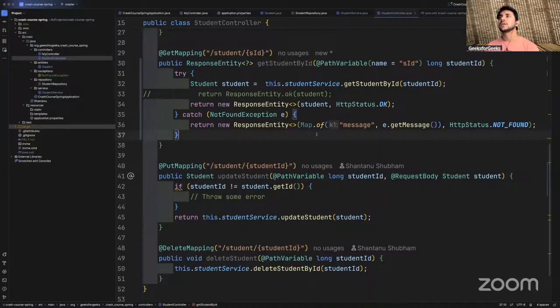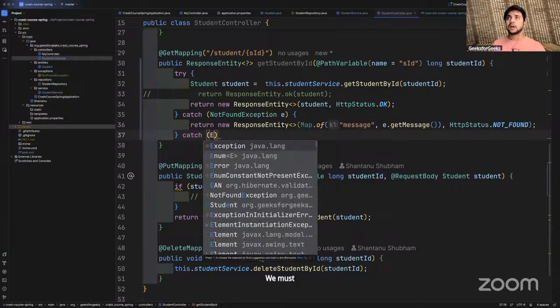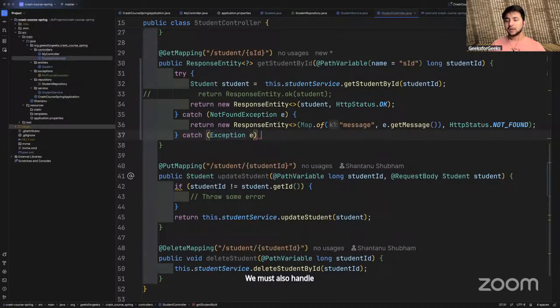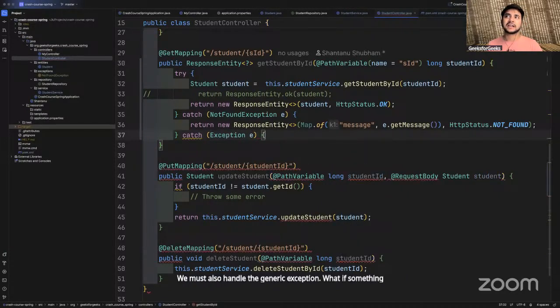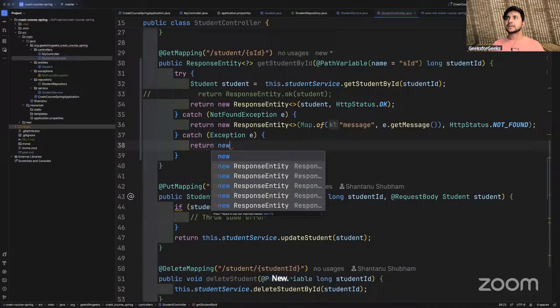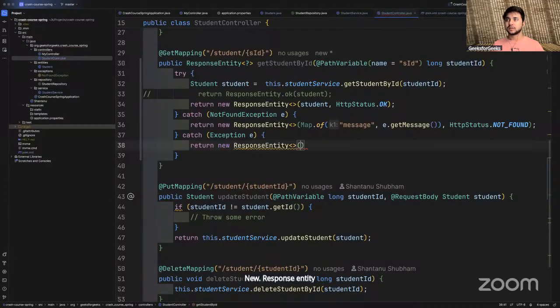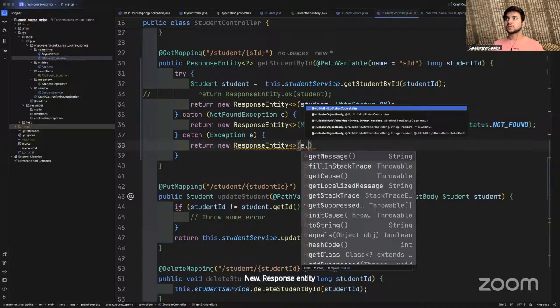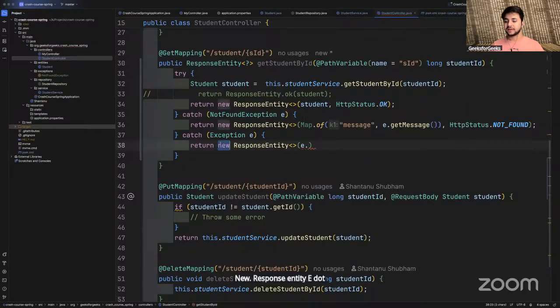Okay. So this is how we can handle the exception. But as good engineers, we must also handle the generic exception. What if something happens that we did not anticipate? In that situation, we must handle the generic exception as well. And we must write return new response entity, e dot... One second. Let me see if I have this one.